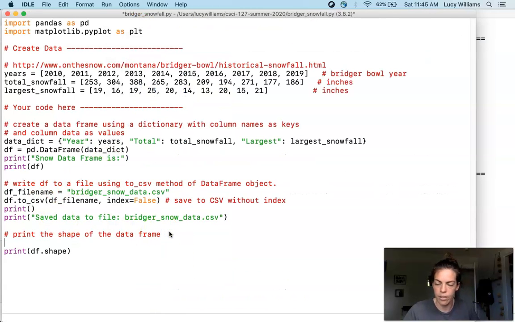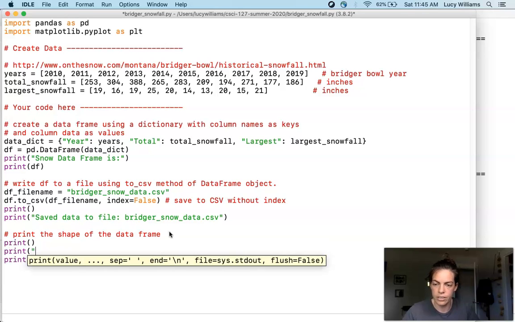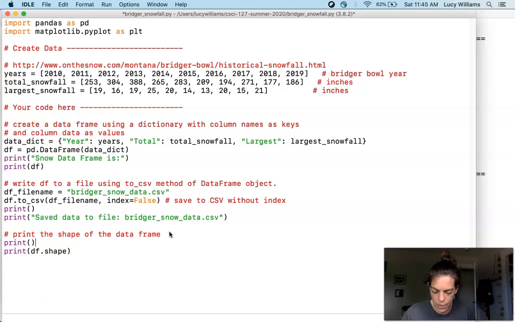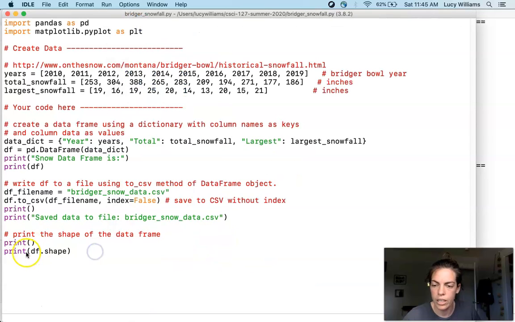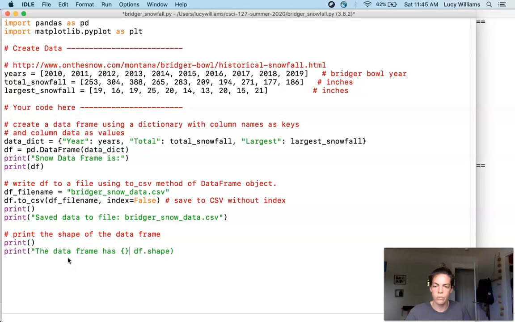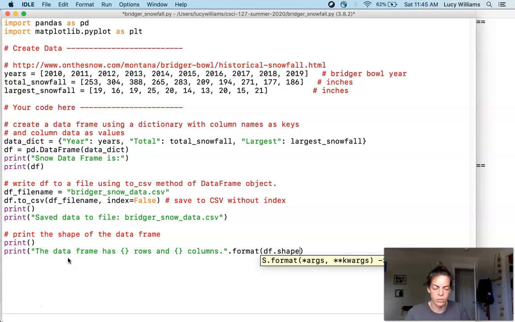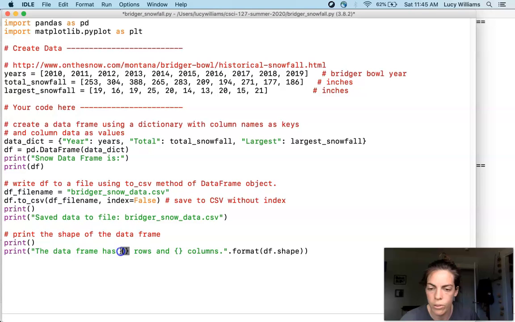And maybe I will add some line breaks. Yeah, I'm just going to add a line break. I'll run this. But I'm actually going to say the data frame has these placeholder rows and these placeholder columns, using the .format method of strings, which allows me to write these placeholders, and then whatever I pass into format first, which is going to be